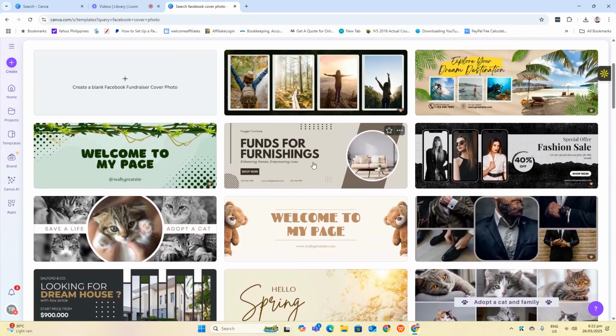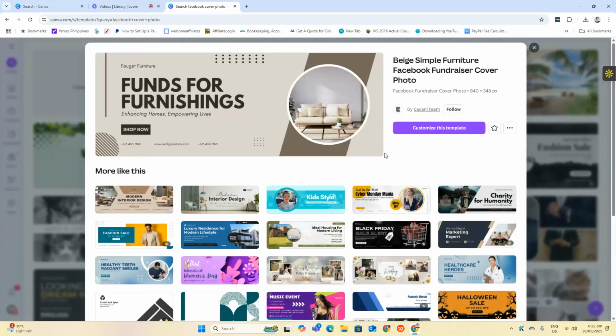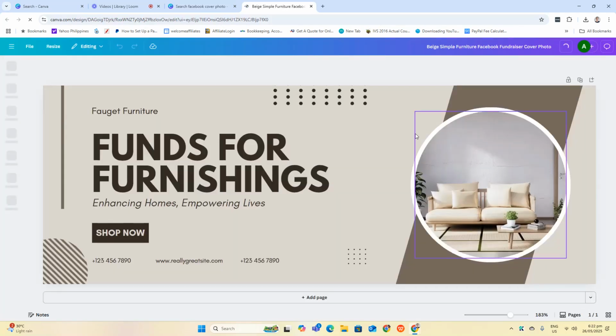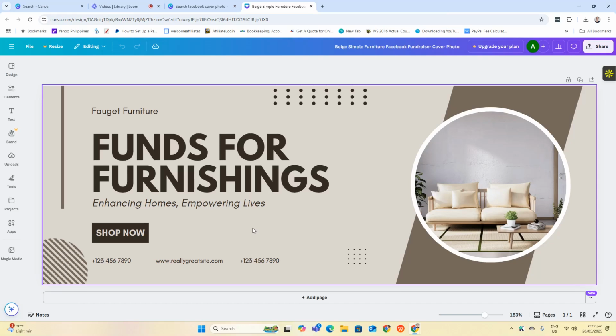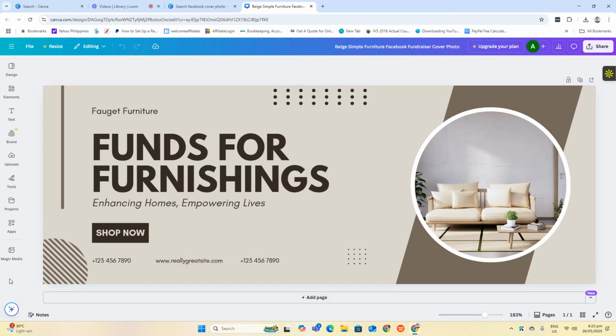Okay. So we're going to click it and then click customize this template. Okay. So we're gonna turn this into a bookkeeping Facebook cover photo. So all we have to do is edit this template using our version.